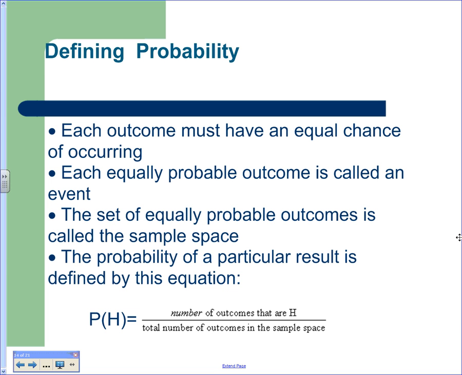All right, so the probability is the number of possible outcomes for whatever you're looking for out of the total outcomes. The number of your outcomes out of the total number of outcomes. So we're going to look at dice and coins. And I don't know that we'll get to the cards this year.